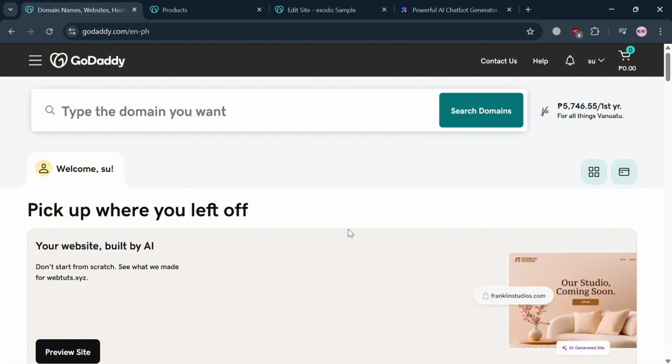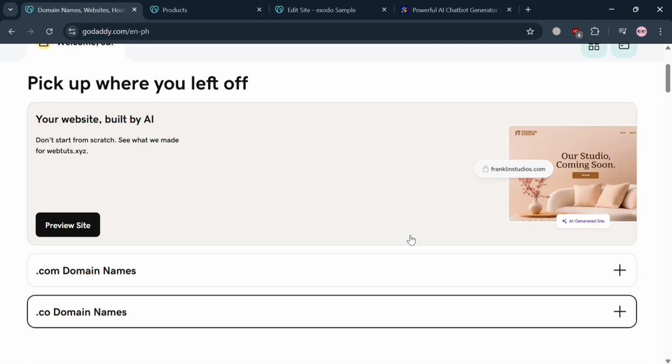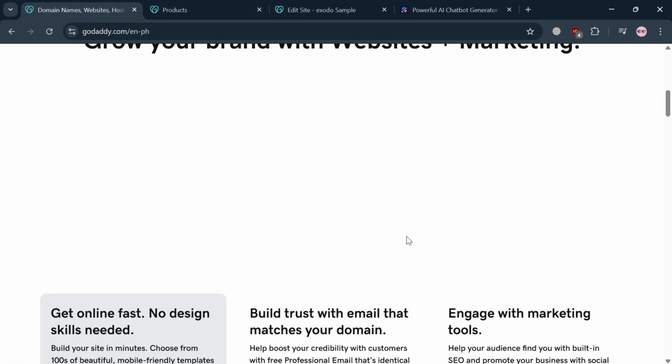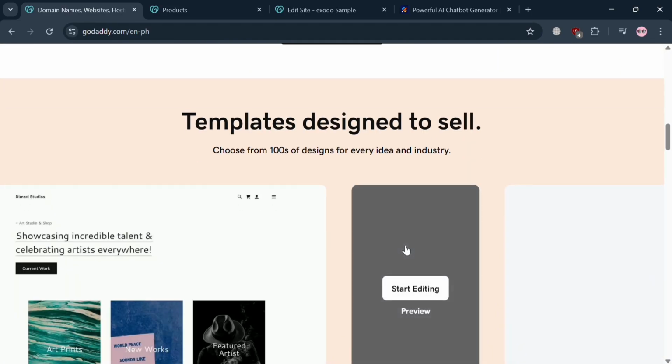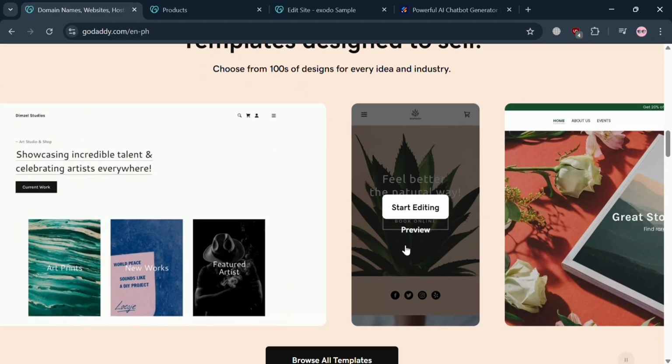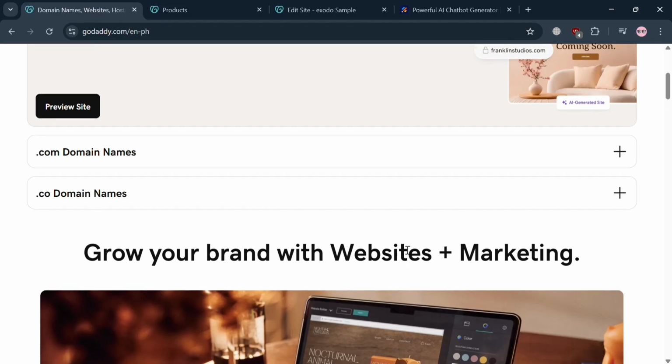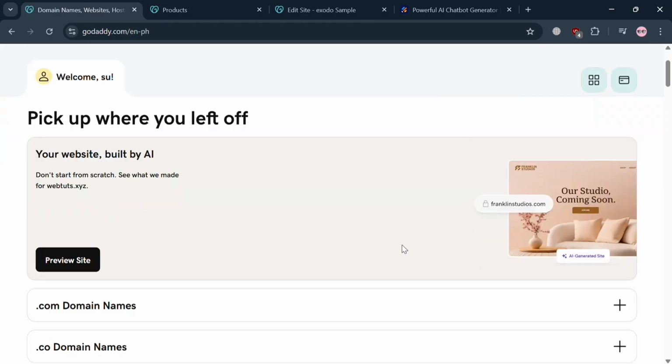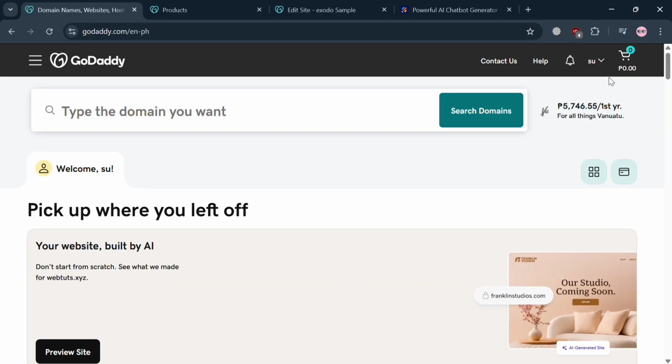But before that, if you don't know what Godaddy is, it is a leading web hosting and domain registration company that provides a wide range of online services for individuals and businesses, and it is known for its domain name registration services, helping users purchase, manage, and renew domain names. In addition to registration, Godaddy offers web hosting, website builders, professional email services, e-commerce solutions, and website security